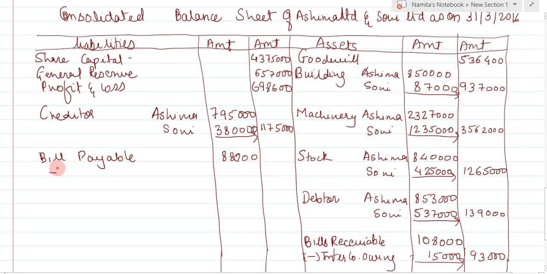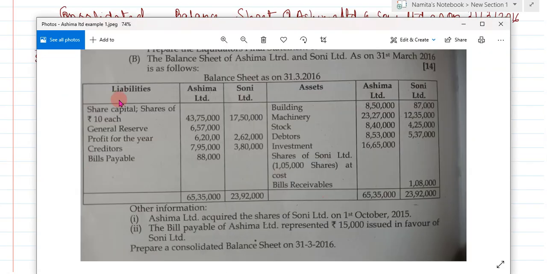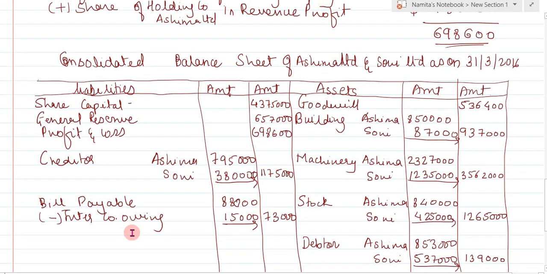Okay, less intercompany owing 15,000. In outer column 73,000. Okay, and one more, now liability side is completed, but here in liability side